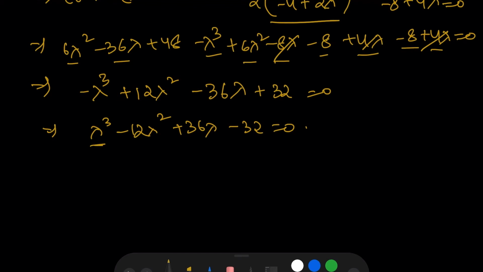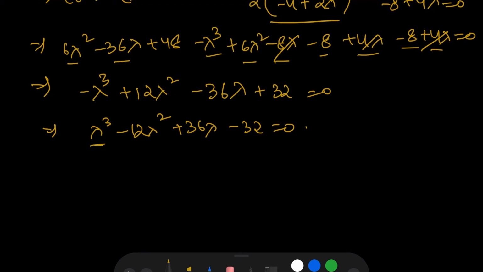There are two ways to solve this characteristic equation. The first is by using a calculator, directly entering the coefficients of this cubic equation in the calculator and getting the eigenvalues. And the second method is something which I'll explain now. First, we'll find any one root of this cubic equation. We'll do that by hit and trial method, and after getting that root, we'll try to get a quadratic equation, and after getting that quadratic equation, we'll solve it and we'll get another 2 roots, right?